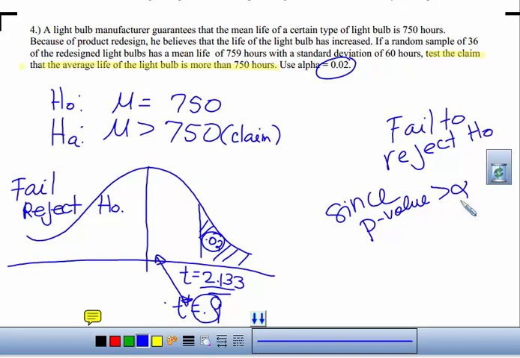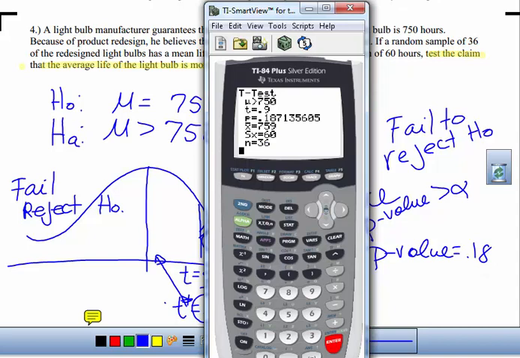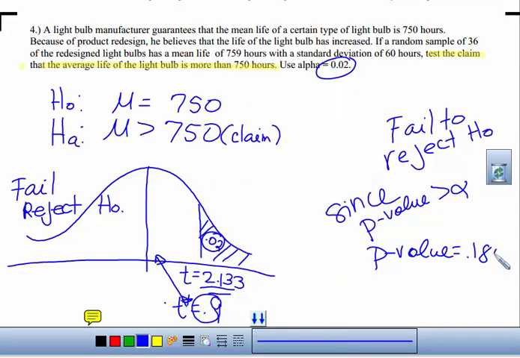Now, you would want to report exactly what the p-value was. It was 0.187. Okay, and compare or justify why you're choosing to reject it. And again, in this case, fail to reject it because the p-value is larger than alpha. All right, so as far as the test goes and how we'll evaluate the question, certainly I'm looking for